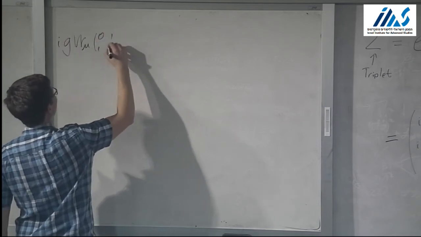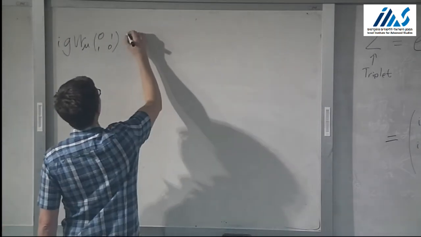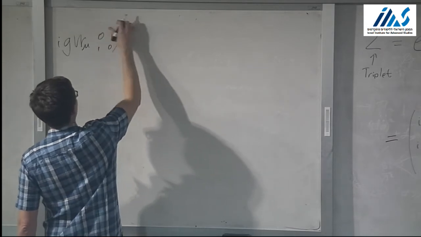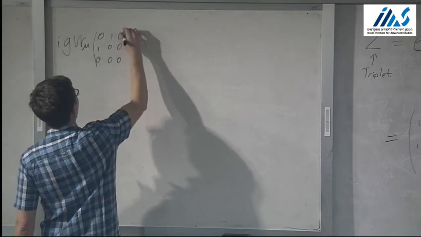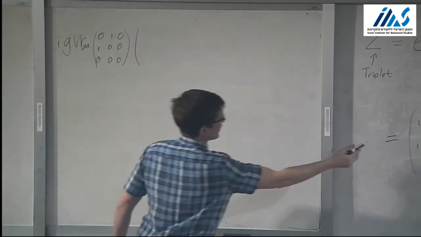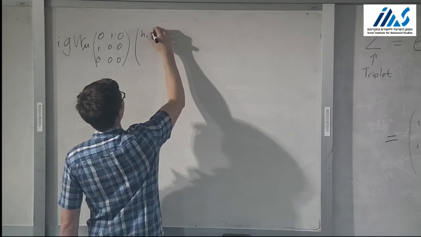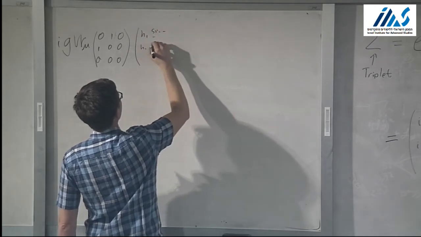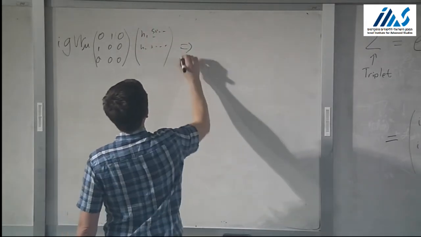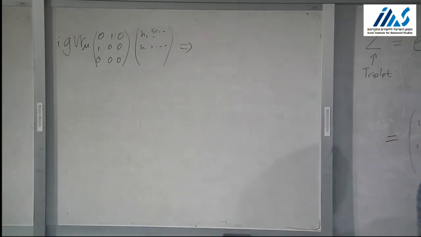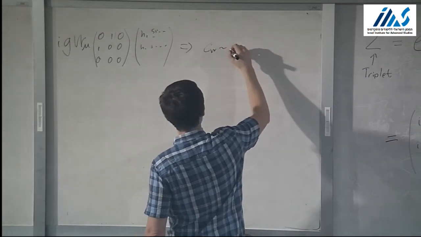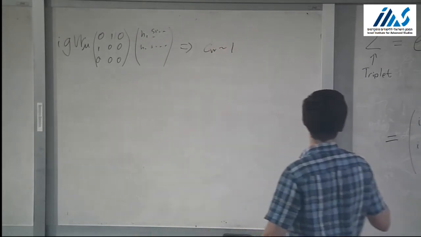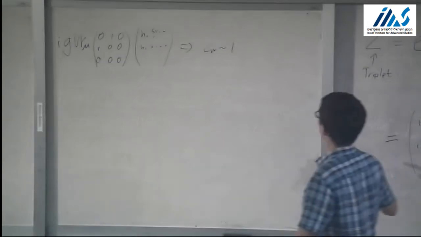0, 1, 1, 0, and then things. Oh, let's put actually just the whole thing in. 0, 0, 0. Then acting on this guy here, we get things like H1 sine blah blah blah, H2 sine blah blah blah. So that tells us that when we go to the fully electroweak broken vacuum, we will get couplings to the Higgs, which look like, let's call it CW, is scaling like 1 relative to the standard model, plus correction factors that are going like